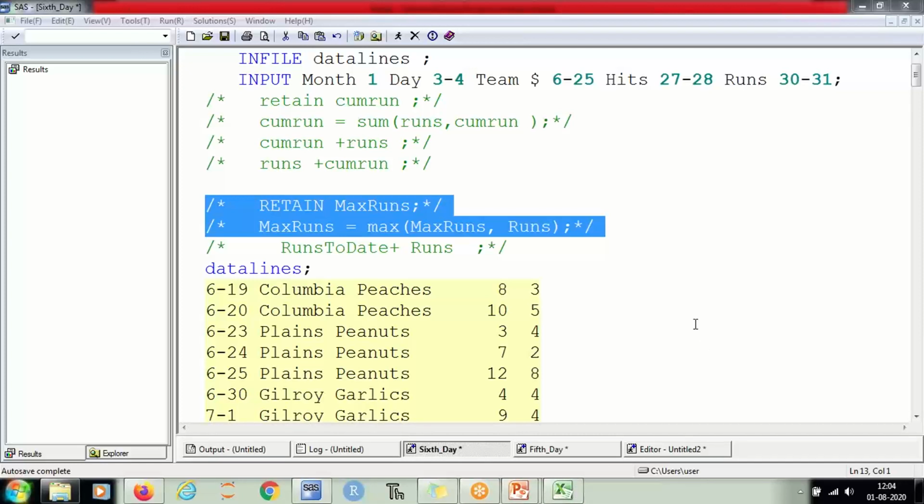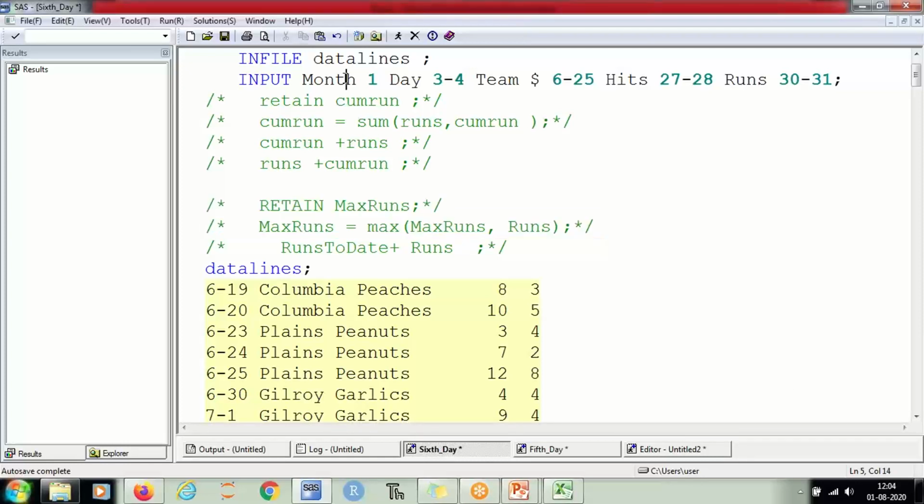Okay. What about the others? Manish, Rohit, month. Second is day.